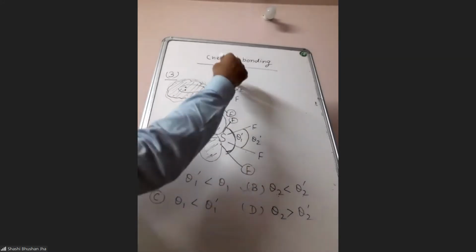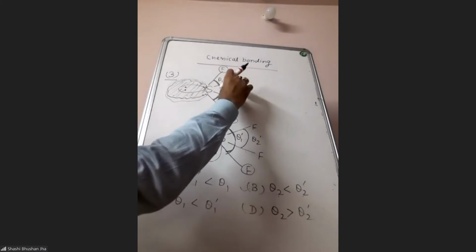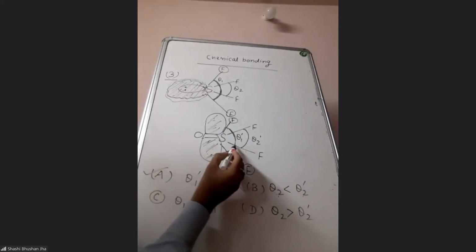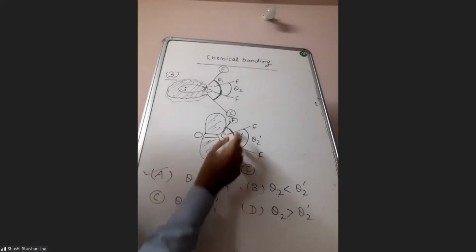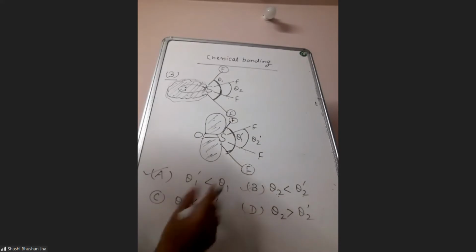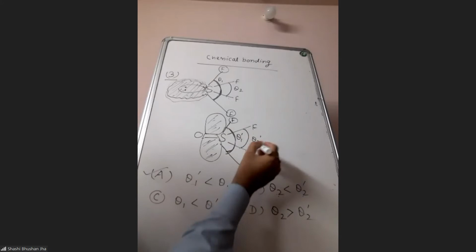And because of this lone pair bond pair repulsion, what will happen? The bond angle will decrease. The effect of lone pair bond pair repulsion is a decrease in bond angle. So if this lone pair is repelling these two equatorial bonds more, these two bonds will move closer and therefore the bond angle will decrease more. Here these equatorial bonds are less repelled by the pi electron density, so these two equatorial bonds will move less closer. And therefore the bond angle will decrease, no doubt, but it will decrease less. Because these bonds will experience more repulsion from the lone pair, whereas here these two equatorial bonds will experience less repulsion from the pi electron density.